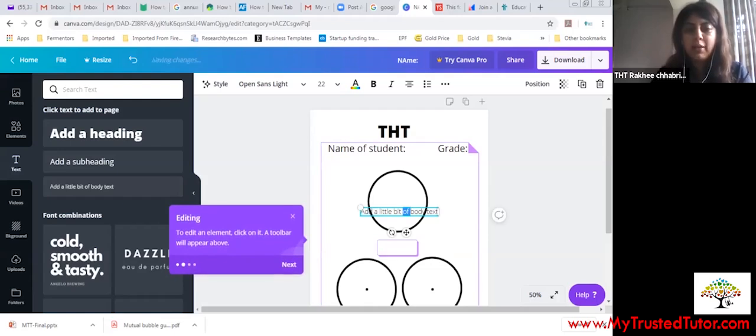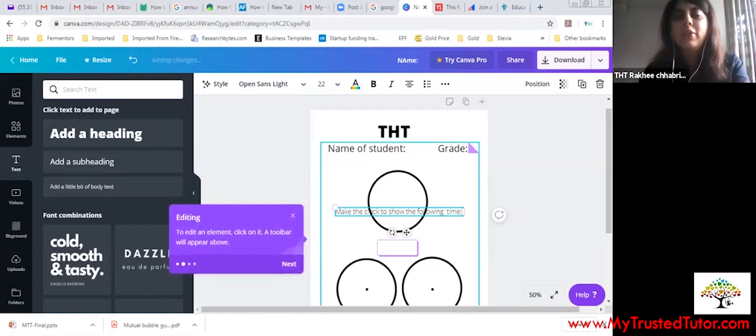So I'm going to double click and I'm going to say, make the clock to show the following time. Sorry for the mistake. Make the clock to show the following time. So here you can mention the time that you want your learners to draw on the worksheet. So for example, if you want them to draw 9 o'clock, then you can write make the clock to show the following time. So you can actually have this instruction out here,